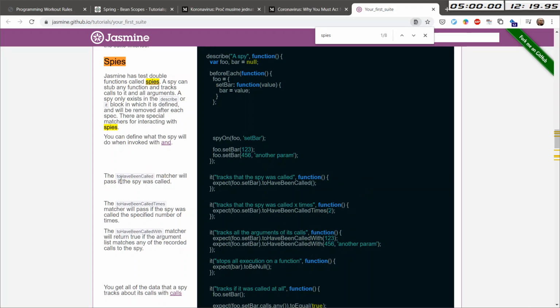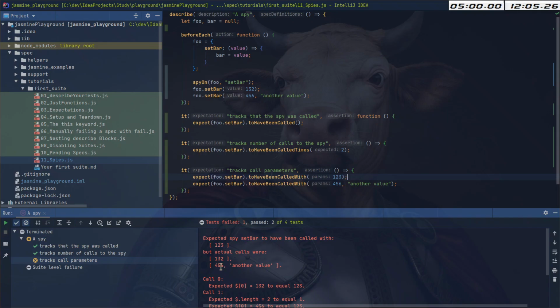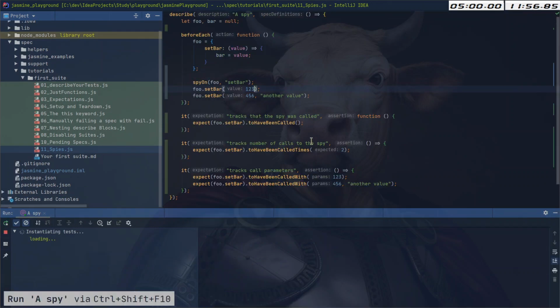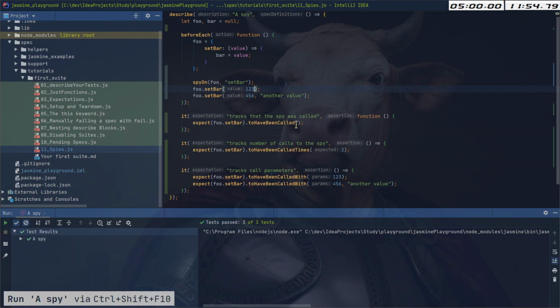To have been called, matchers pass to the spy was called, then to have been called times called specified number, to have been called with match will return true if the argument list matches any of the recorded calls to the spy. Maybe I have a typo in there. Yeah, I do. 1, 2, 3, and this is 1, 3, 2. Now it should work. Cool. So we have that,